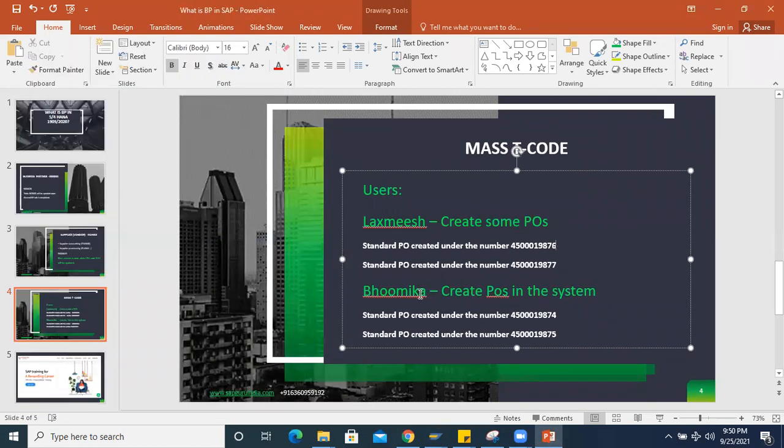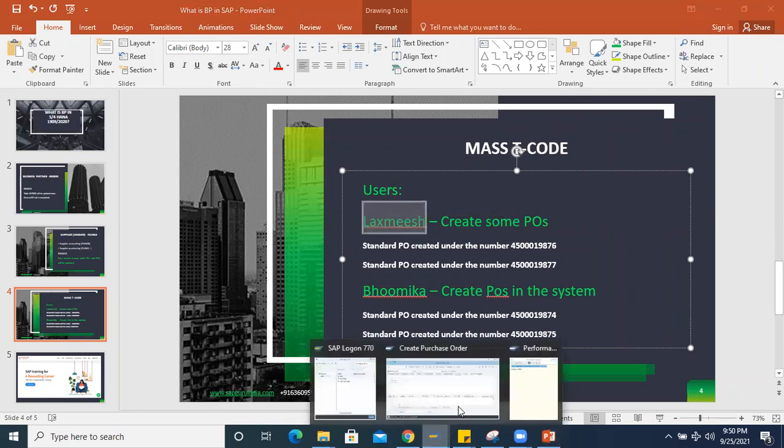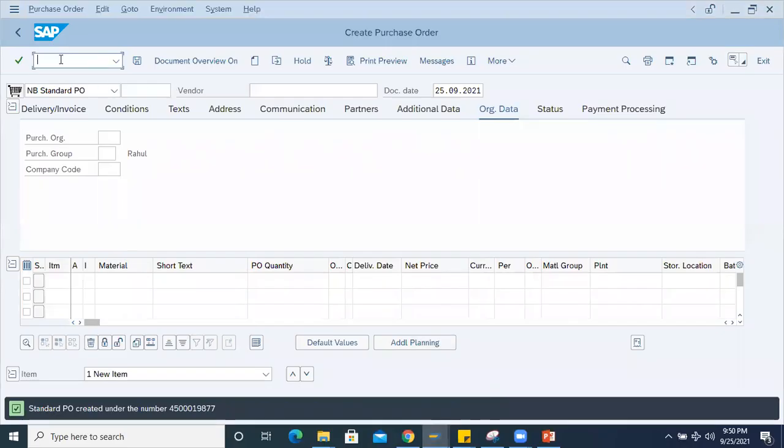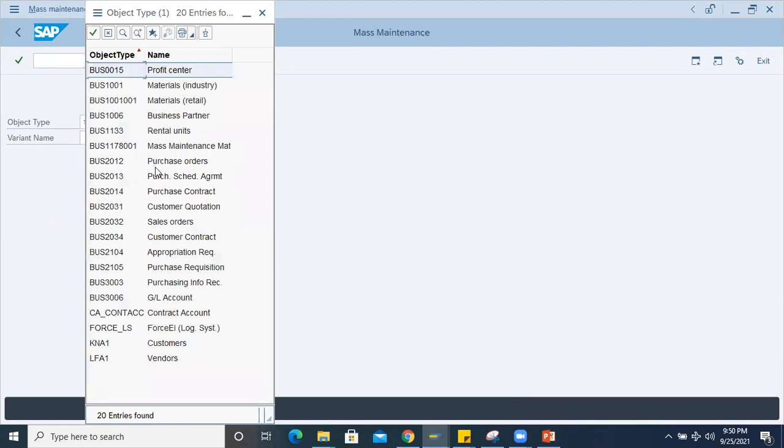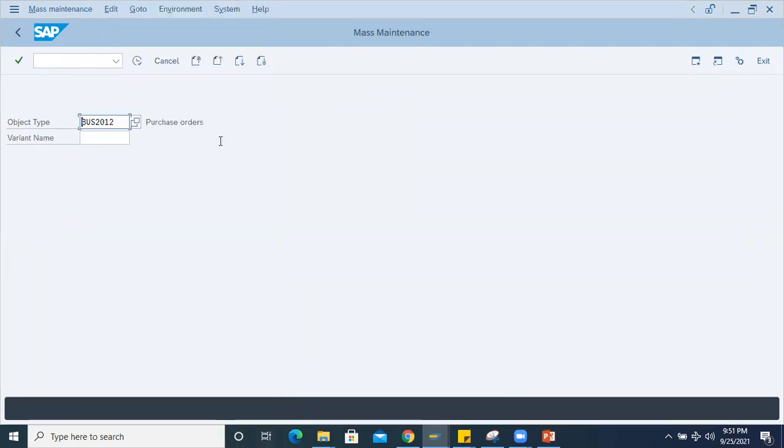Now consider Lakshmi is the senior person who has access to the mass transaction code, but Bhumika doesn't have access to run it. With that authorization, he can run the mass transaction code. Here the object type will be selected as purchase order. BUS2012 is for the purchase order. Then execute here.